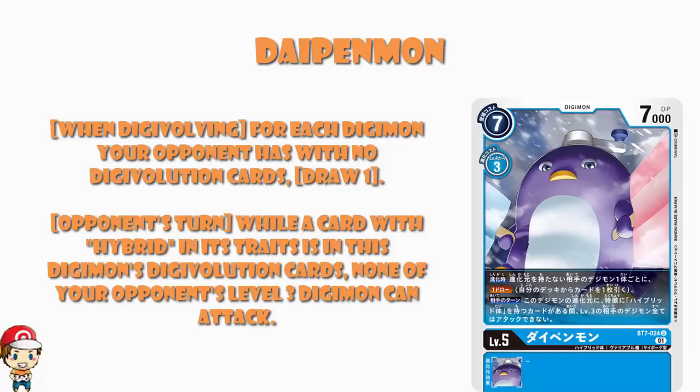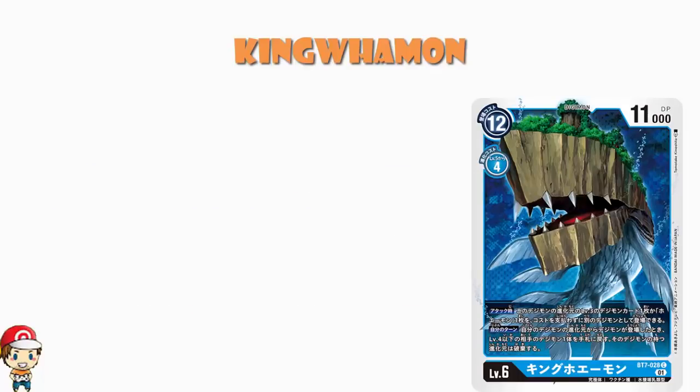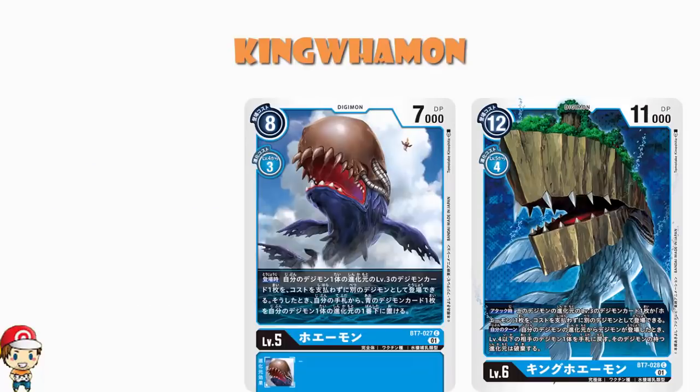And speaking of cool Digimon that nobody told me existed, and that makes me a little bit sad, how about KingWhamon? Yeah, I know. Now, to be fair, we did look at Whamon the other day, and I kind of like Whamon. Incidentally, Whamon here, when you play it, you can play a level 3 Digimon from one of your Digimon's Digivolution cards as another Digimon. If you do, you may place 1 blue Digimon card from your hand at the bottom of one of your